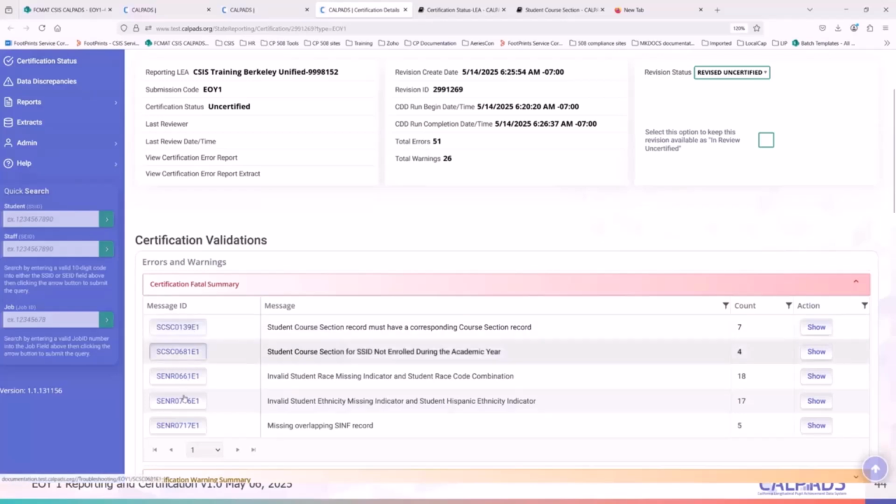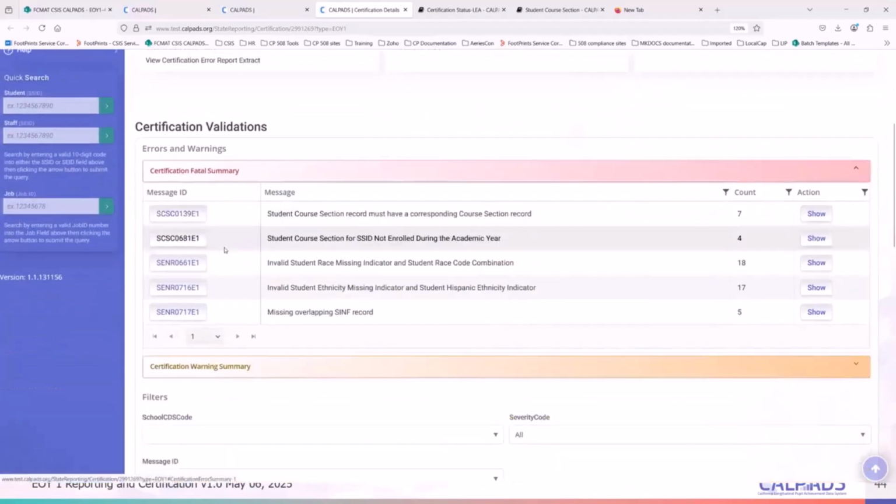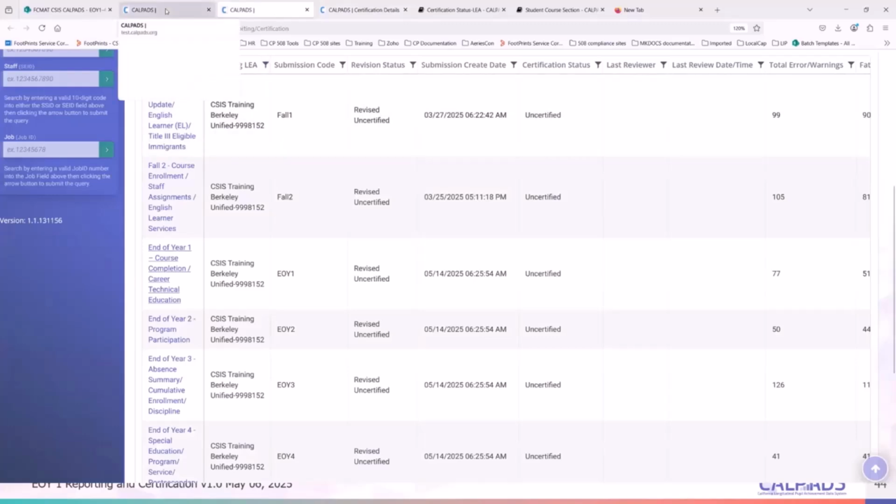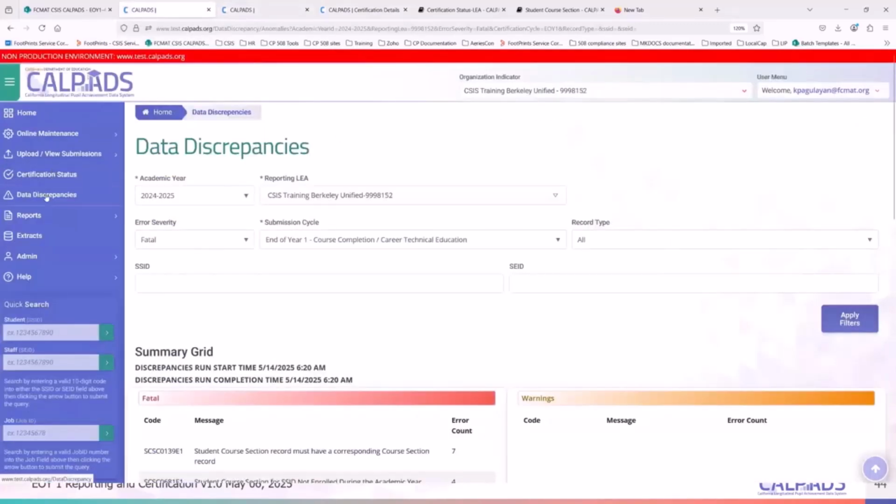You have here the SCSC, SCNR, anything with the prefix of a file type is a certification data discrepancy, which is just data discrepancy errors that you haven't resolved yet and that got picked up by the snapshot revision. When I say data discrepancy, these are the errors that you see here under data discrepancies.